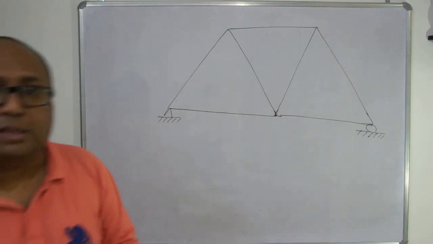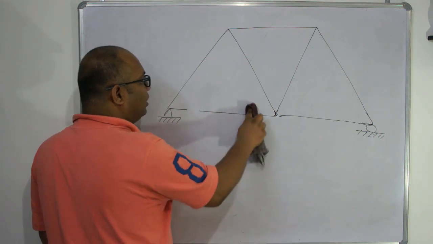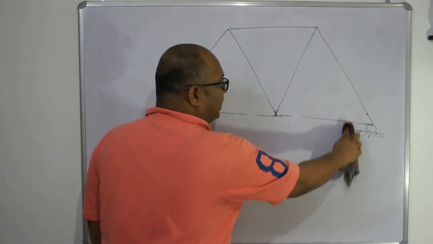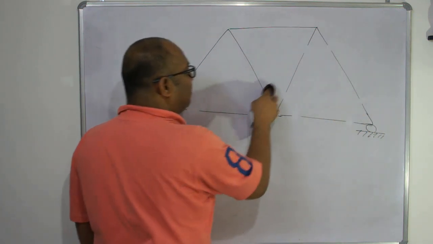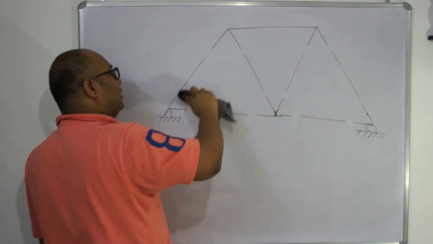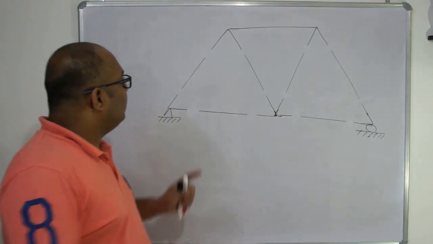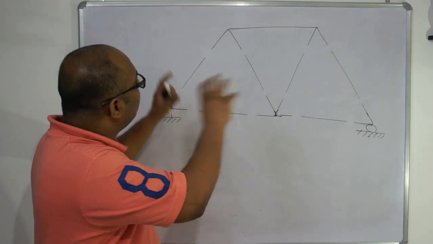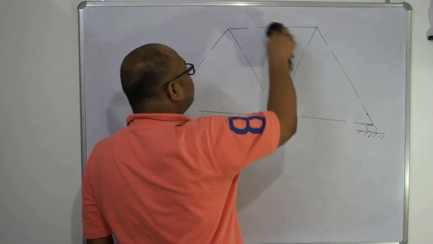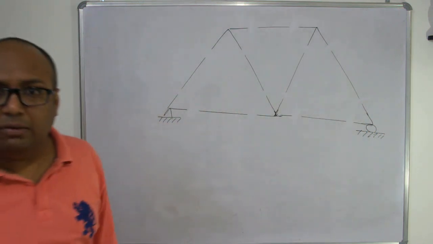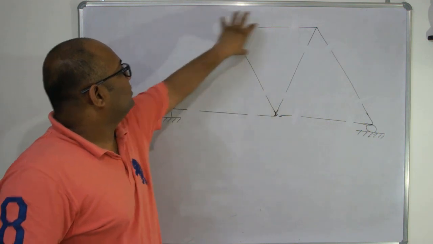So to understand it, just section all the members, remove a little portion of all the members. Please understand this. This is very important to be understood. Otherwise, the sign convention concept is not easily assimilated. What I have done, I have removed. One more is remaining. So technically, what I have done, I have taken section of all the joints.